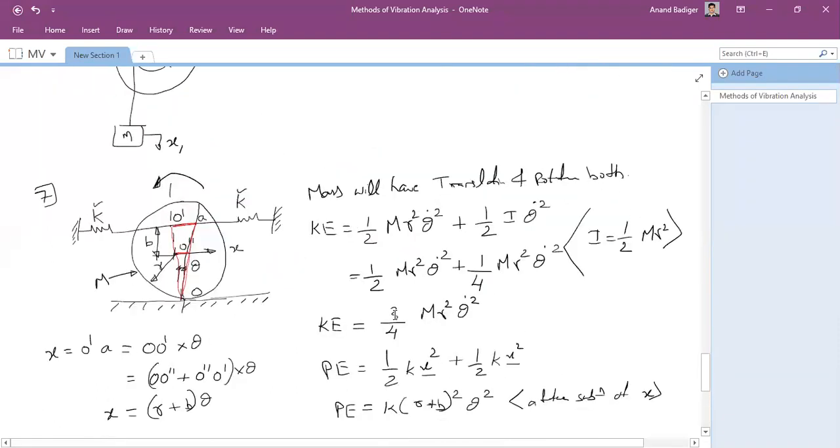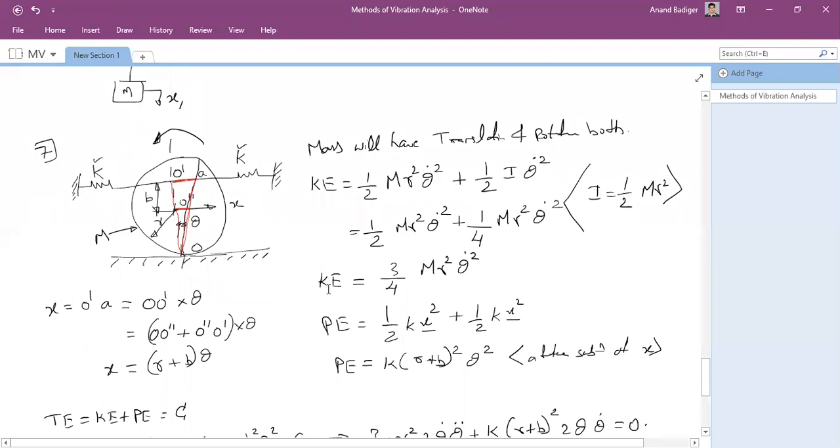So the very first suggestion I would give is please try to understand the physics of the problem. See how many masses are there. According to those masses, how many translations are there, I mean how many positions it can move, whether it is only translation and rotational or both. Please check that. Depending upon that, write its kinetic energy, and then check with respect to the springs how many springs are there. According to that you write the potential energy, and then use the energy method.